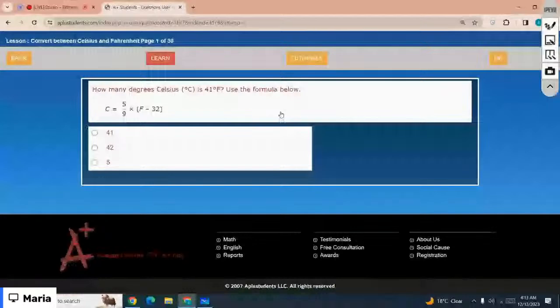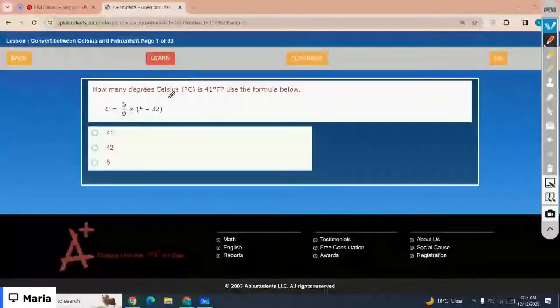Okay, how many degrees Celsius is 41 degrees F? Use the formula. You are given the temperature in Fahrenheit, you have to convert it into Celsius. Also, you are given the formula, just put in the value, replace the F with 41. So,